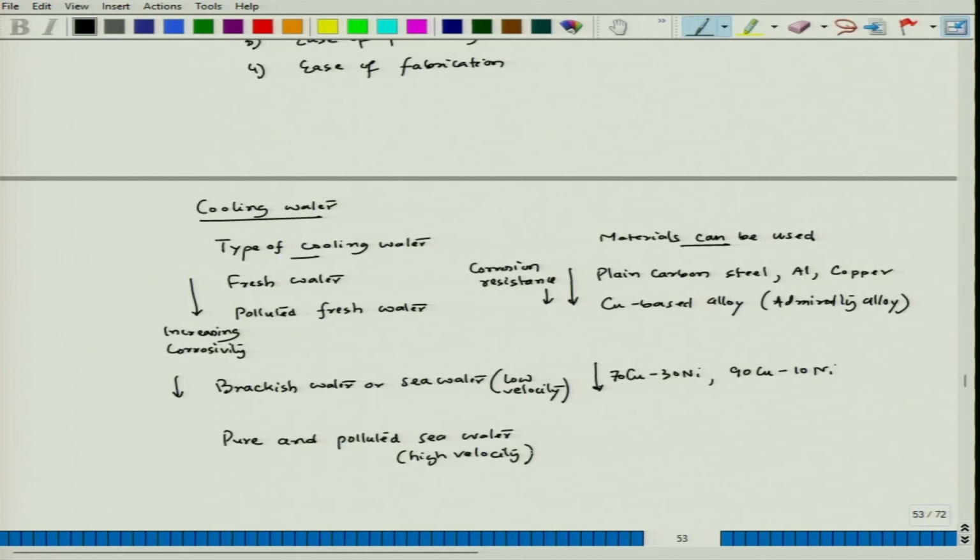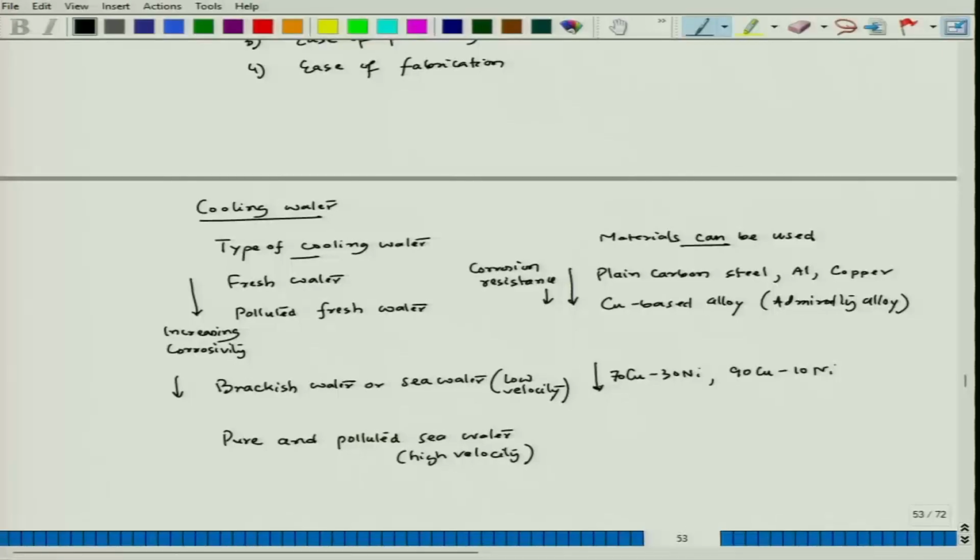When it is high velocity, generally the pitting ability is not that high, because we know that with increasing in velocity, the pitting tendency reduces. So, high velocity seawater, even if it is polluted seawater, still we can think of using austenitic stainless steel,